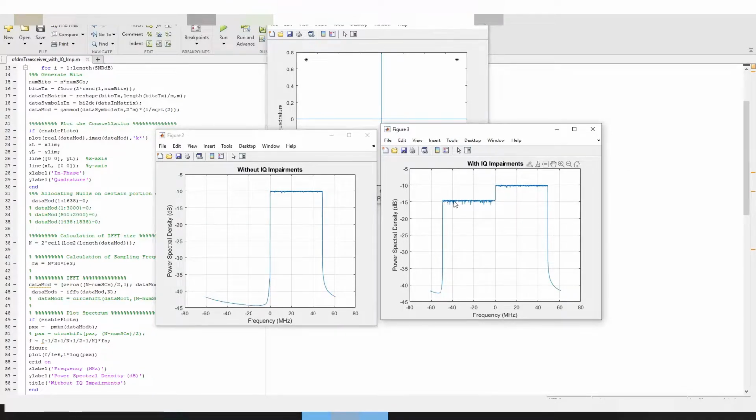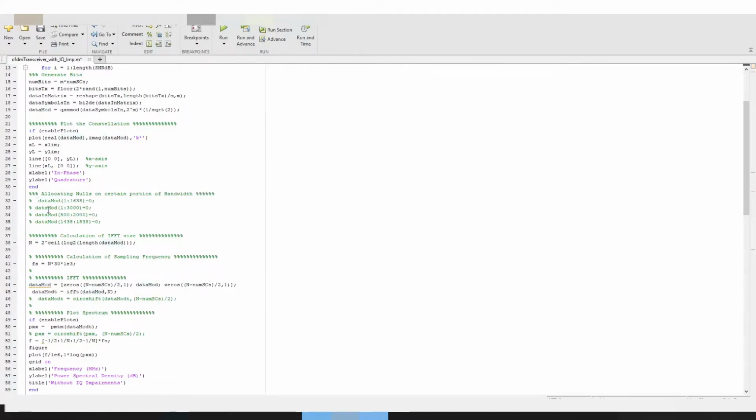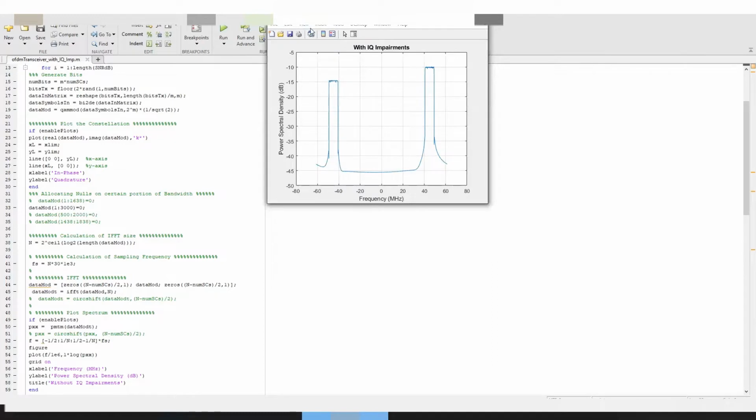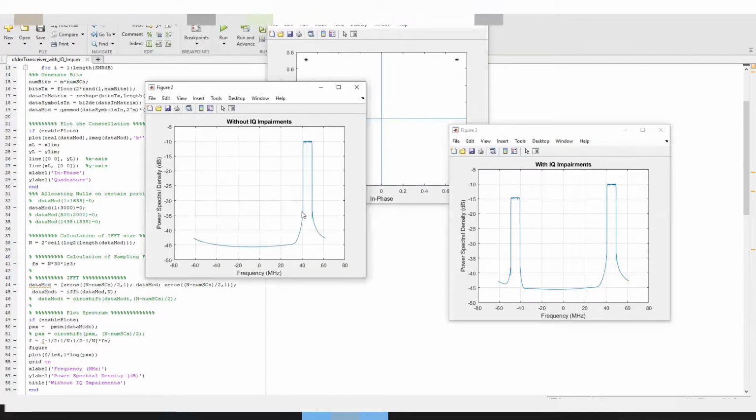So yes, this is introducing some impairments in the unallocated region. And obviously this magnitude will be lower because this is just interference. And if I vary my gain imbalance and quadrature skew, this will also change. I have written some cases here for different allocations. We can run both of them. This is another case where the allocation is only on the extreme right. Even this portion is also unallocated. So the impact is only on the mirror image part. This mirror image is coming somewhere here.